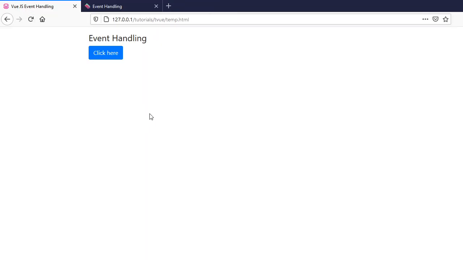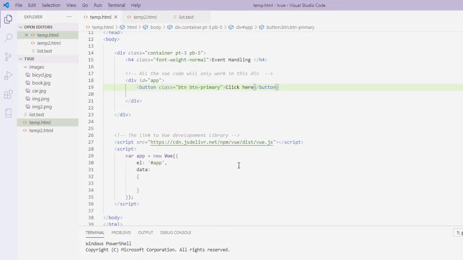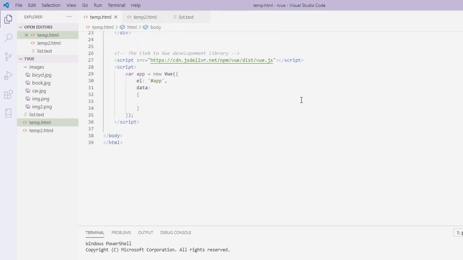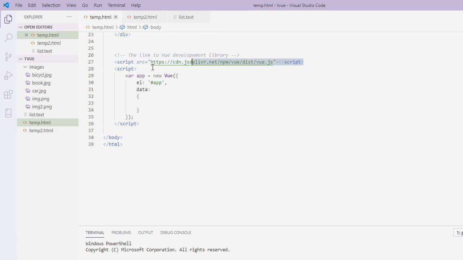Okay, so as you can see, I have created an HTML5 skeleton with the link to the Bootstrap CSS, as you can see here in the header, and also I've included the Vue development library. For production, you use a different link. This link is on the official website. I've created an instance, and I've